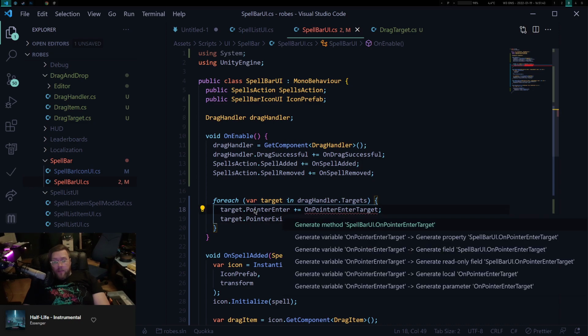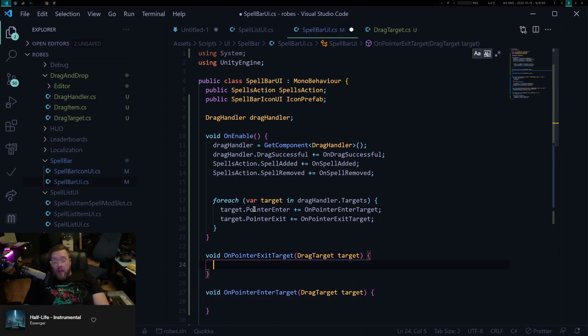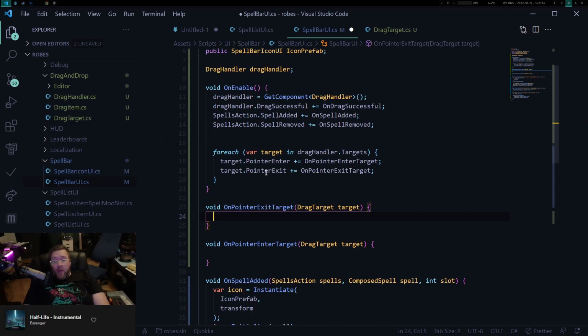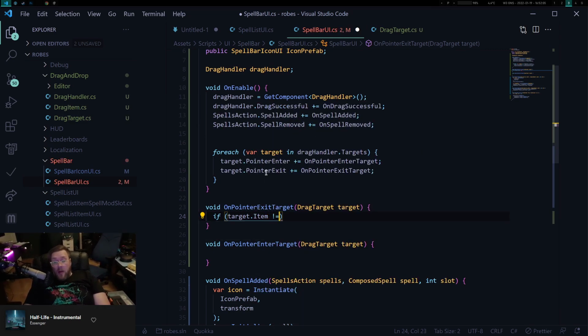Create those. Target. Remove that, and then we want to check if there is an actual item in there. And if there is an item in there, if target item not equals null,